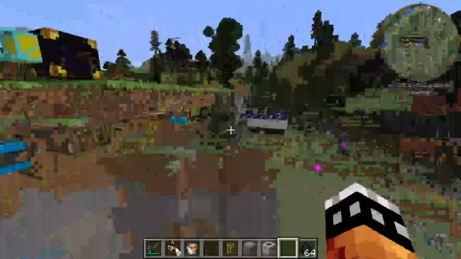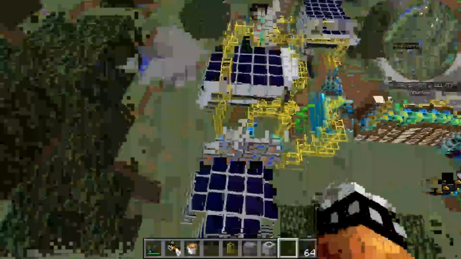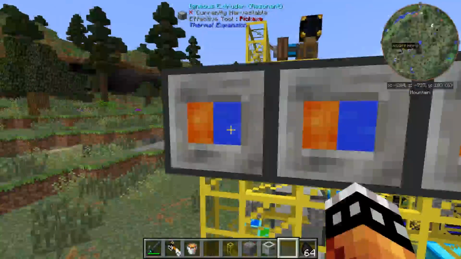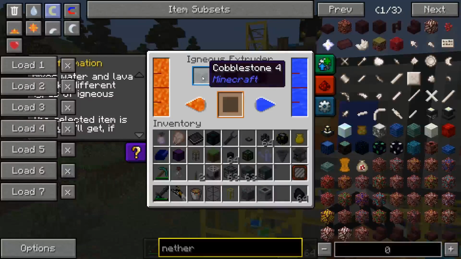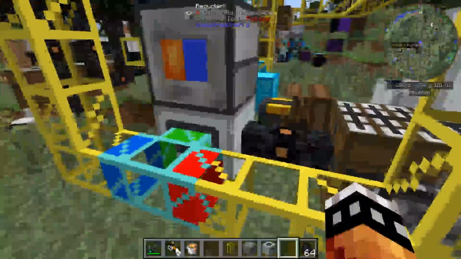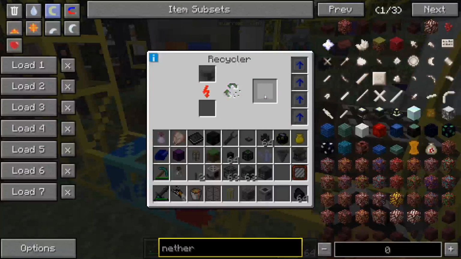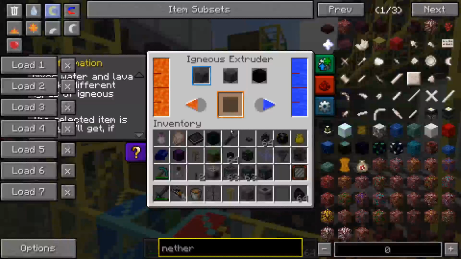Another thing I have over here is this little bad boy, and this uses an igneous extruder, which takes lava and water. It never runs out of these. You put it in once, and it just keeps working, and it makes cobblestone. It spits the cobblestone out and puts it into the recycler, and every once in a while the recycler has its chance of spitting out scrap. There's one set up right here,